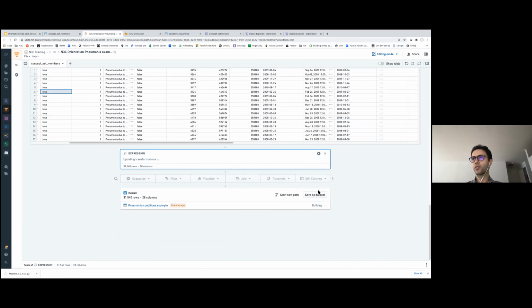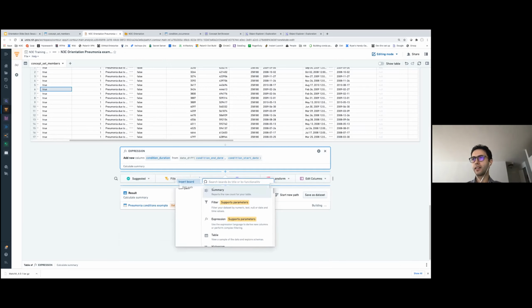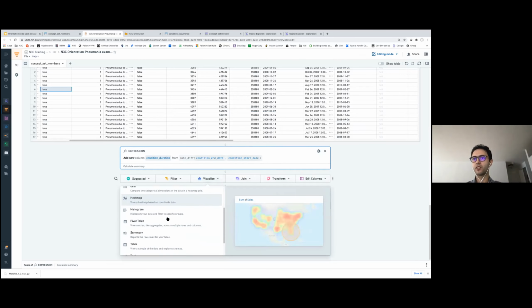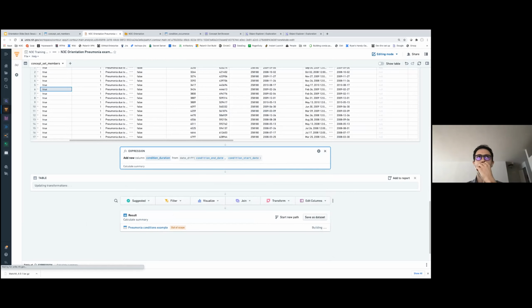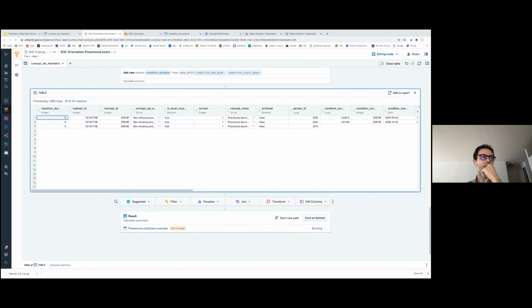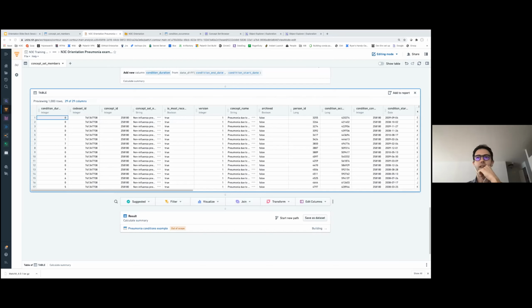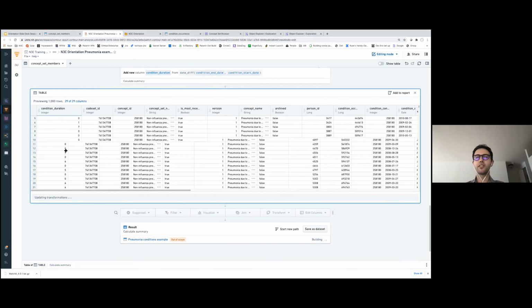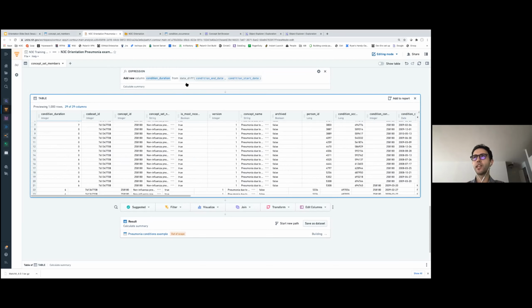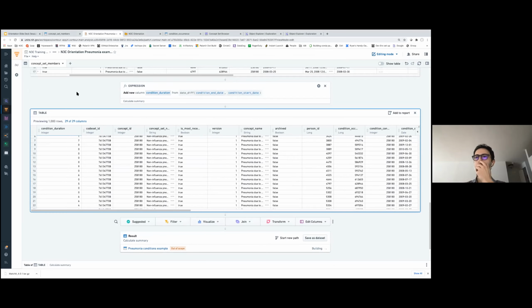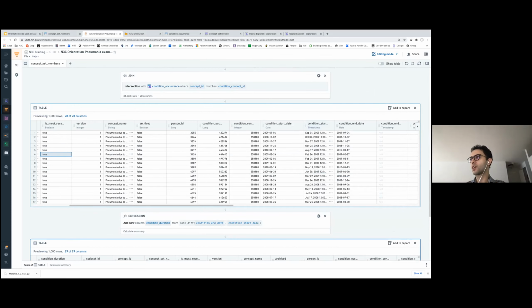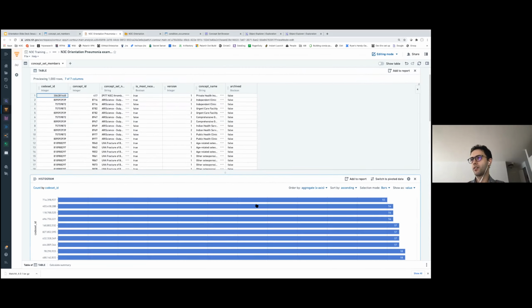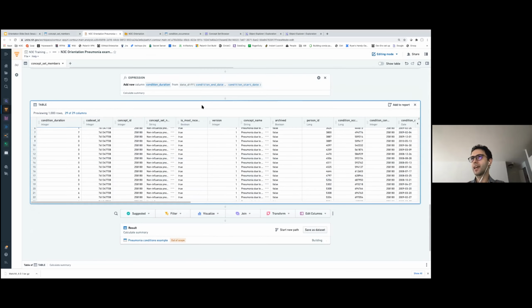And I'm going to apply my transformation, and let us visualize the results with a table board. And as you can see, we've created a new column in here, which is an integer called condition duration. And that was created by this expression board. And obviously, the transformations in this contour analysis are linear. So since I added a new expression board, my output here, pneumonia example, is going to update to include this new column.